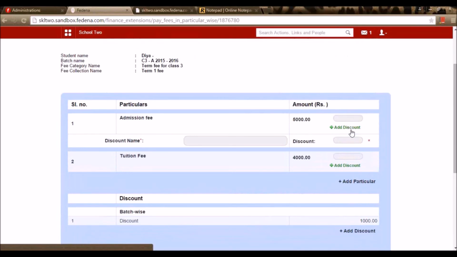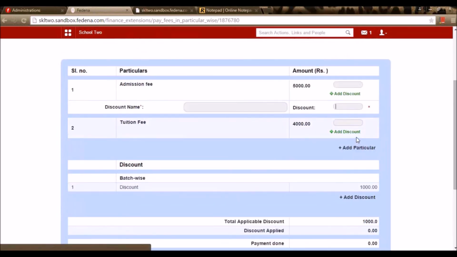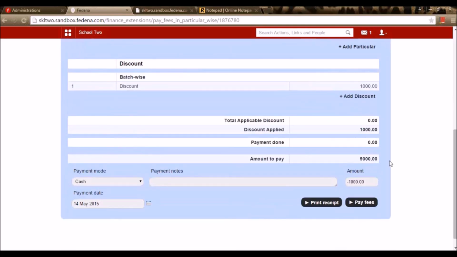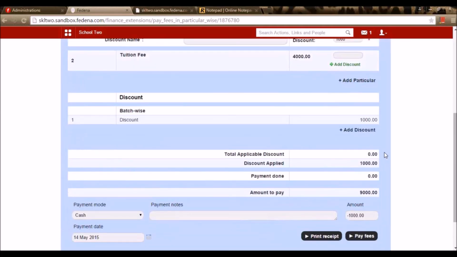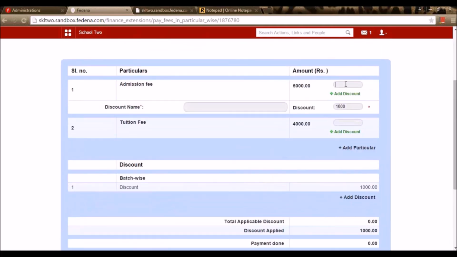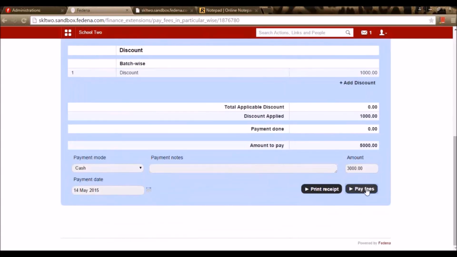So let me apply the discount right here by going for this 1000 rupees. Once I'm done with the discount amount, I can enter the amount that I want to pay, say 4000 rupees, and I can go for pay fee.